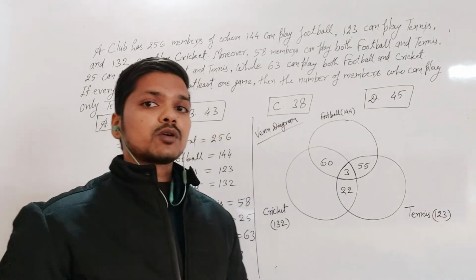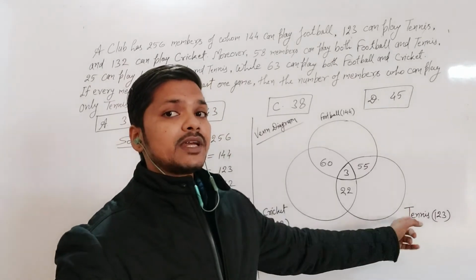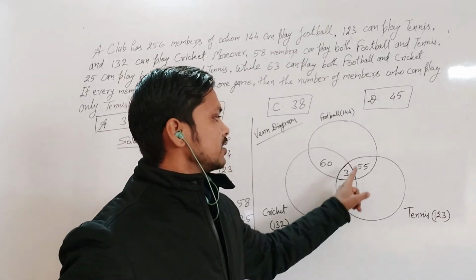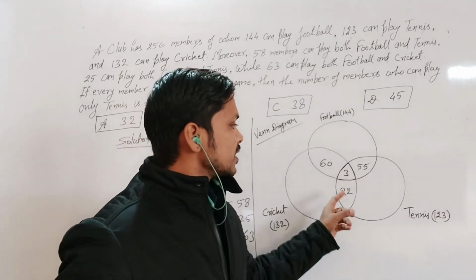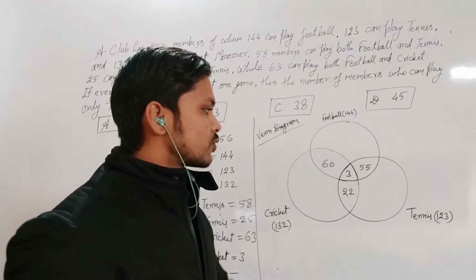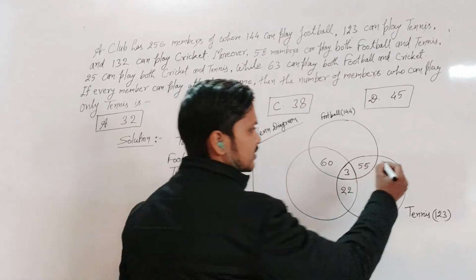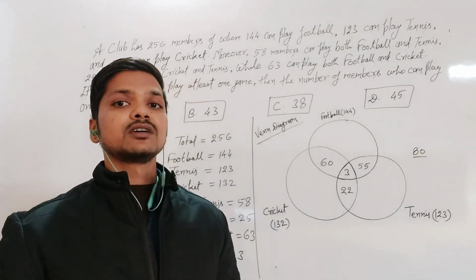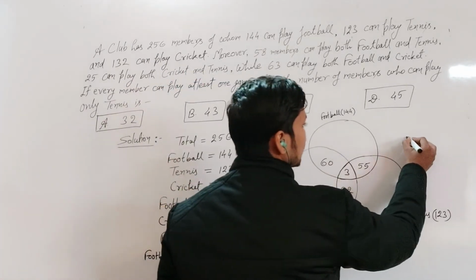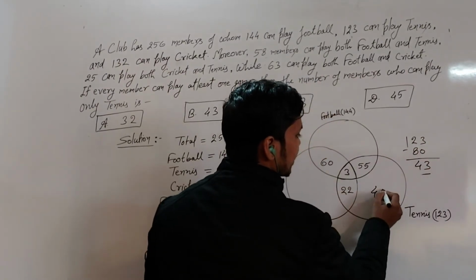Now calculate the total number of players who are coming under area tennis. Means that total number of players who can play tennis game are 123. And here we have filled 22, 3, 55 just before right now. So means these players are also playing tennis in other games. So what players are remaining just out of 123? So here the sum of 22, 3 and 55 will be 80, and this 80 we have to just reduce from the players who can play tennis, that are 123. So what will come? If you reduce this, the answer comes here, that is 43. So here we have to write 43.